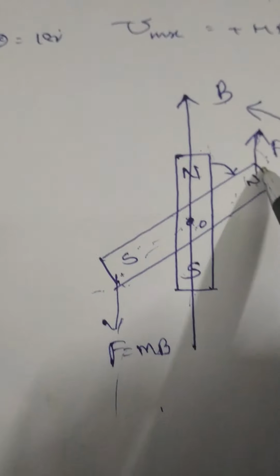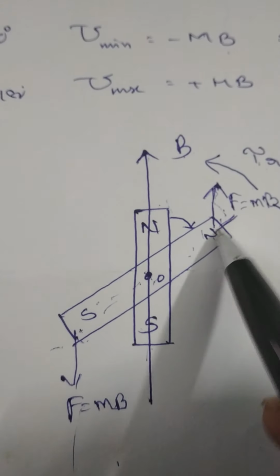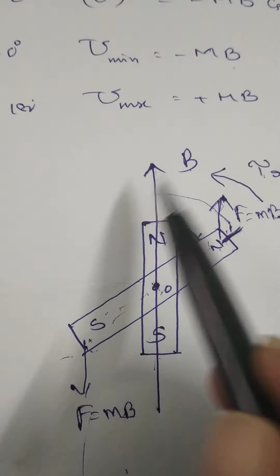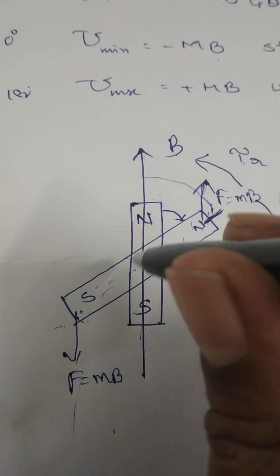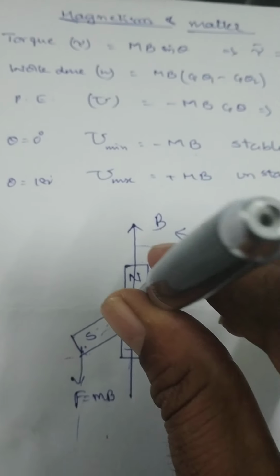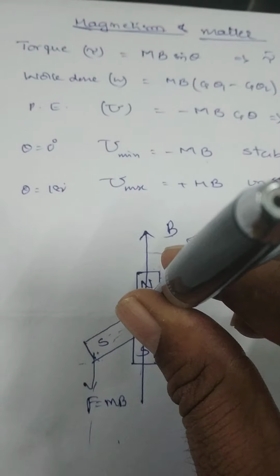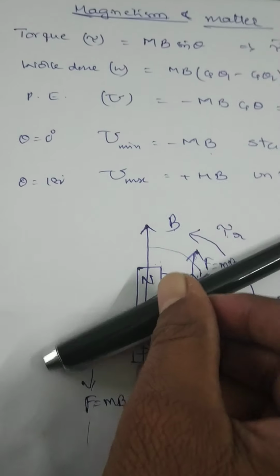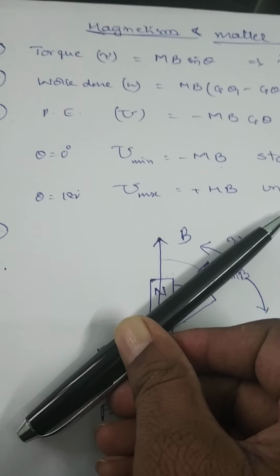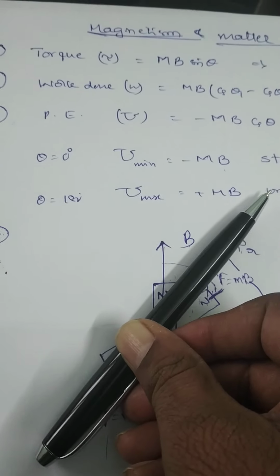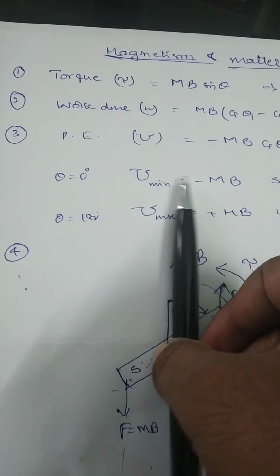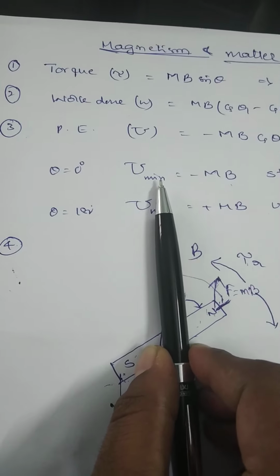Therefore, the dipole is released freely, and the magnetic needle moves with respect to an axis passing through the center and perpendicular to the length of the magnet. This is the axis of rotation. Along this axis, this magnet will try to rotate like this. As the bar magnet is released from this position, it will move along this direction so that its velocity goes on increasing, and velocity will be maximum while it is going along the field direction.